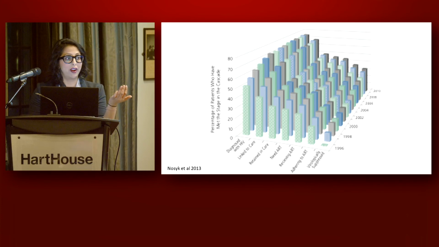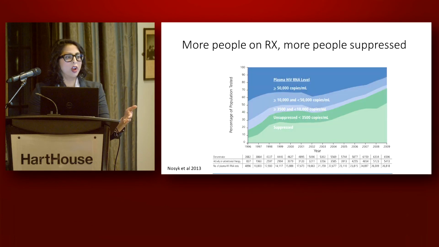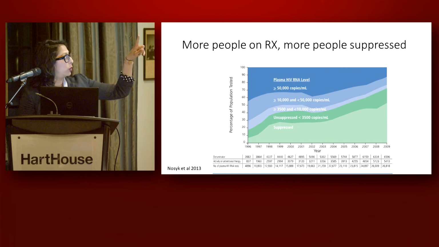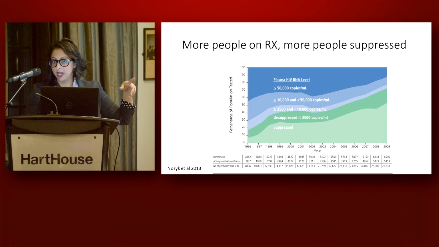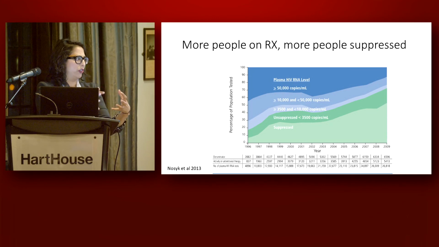So in places where you walk in the door, you get your diagnosis and you walk out with antiretroviral therapy because it's covered for everybody, you're a lot more likely to be able to get more people suppressed, right? Versus an environment like ours, where often there's a bit of a gap between when we first see a patient in clinic, we kind of cobble all their drug coverage together, and then we have them on something sustainable that they can be on thereafter.